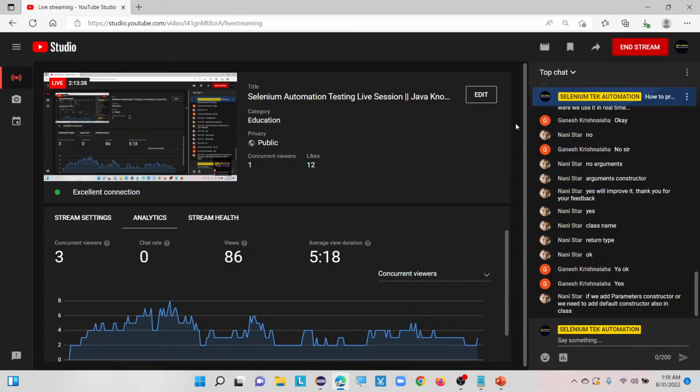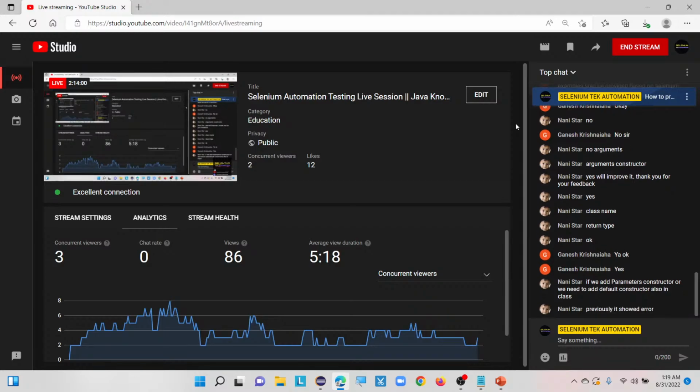Where you are not able to see, as I showed, if I don't have the default constructor, the compiler will give it to me while compiling the code, along with the JVM. But if we are adding parameters to that particular constructor, that will be a parameterized constructor only. If we are not adding any,